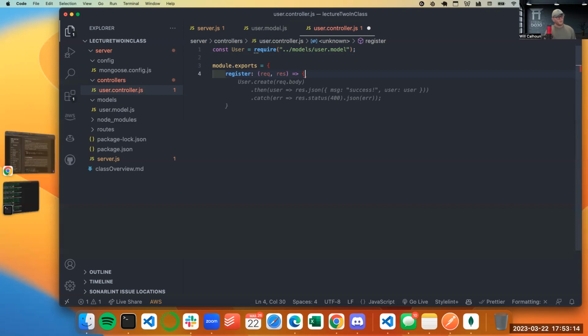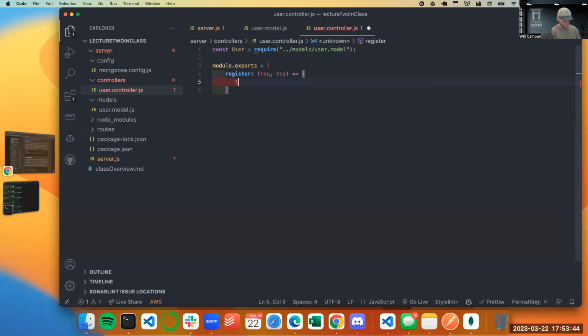Now, because we're going to be using a lot of different things, this would be a normal thing that we've done. But because we're going to have stuff with tokens and cookies and checking our emails and doing a whole bunch of stuff, instead we can have this run asynchronously, to where instead of doing it this way,